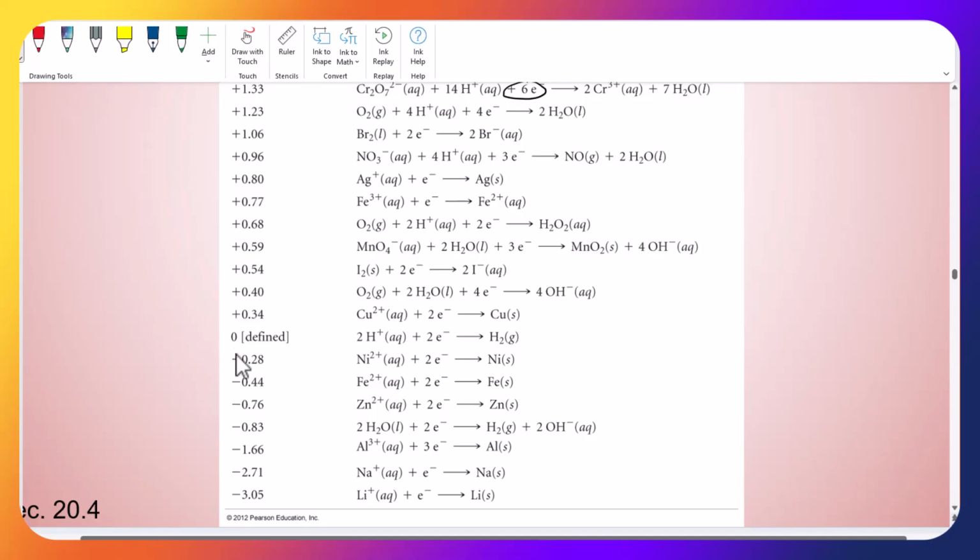you have a bunch of negative standard reduction potentials, and zinc is included in that. Anything with a negative reduction potential would prefer, with respect to the standard hydrogen electrode, which we're depicting right here, because that's hydrogen right there. Everything is referenced against the standard hydrogen electrode. These substances like nickel 2+, iron 2+, zinc 2+, even water, aluminum 3+,